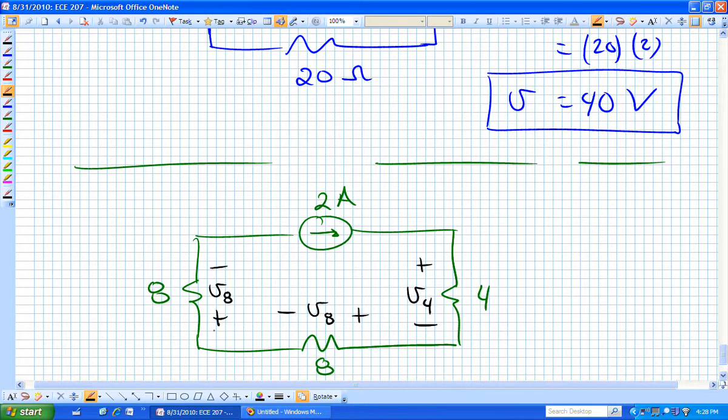Isn't it going to be the same voltage as across the other 8 ohm resistor? Current's in the same direction. If I label it now plus to minus, if the current is going in that direction through that 8 ohm resistor on the left, it's going to be the same voltage as in the bottom resistor, from right to left as from bottom to top. Is that okay? So if I find one of those V sub 8s,